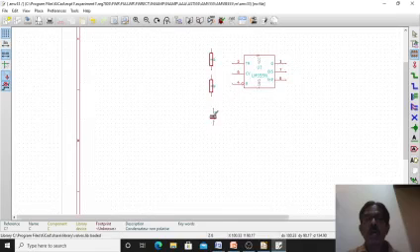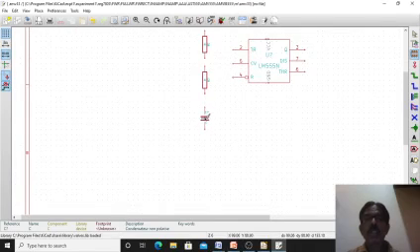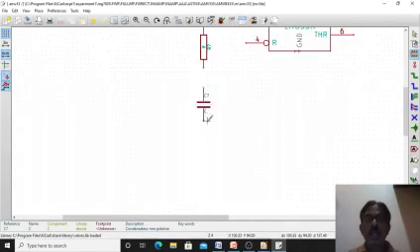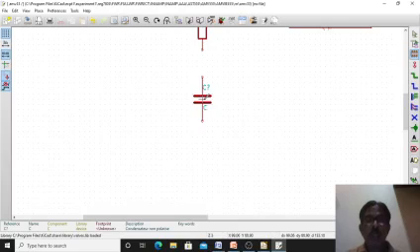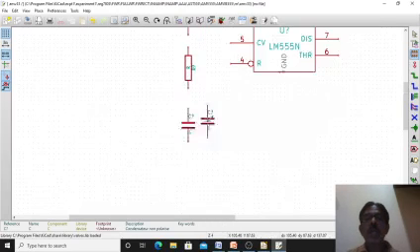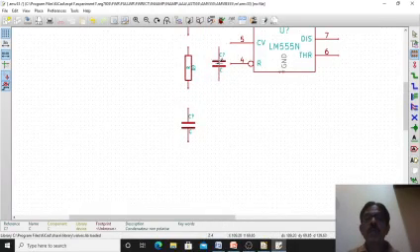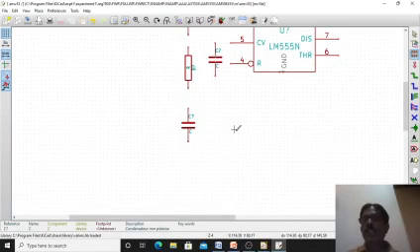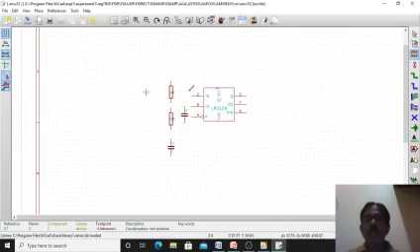R1, R2 and the capacitor are in series, so I am keeping it here. I require one more capacitor. Copy it, C, and this is near pin number 5, so I am placing it near pin number 5. Then I require 2-pin connectors.